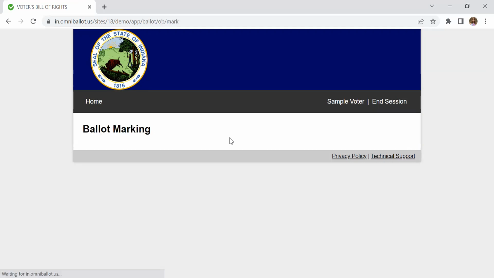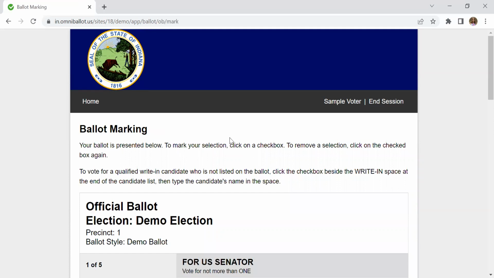Okay. Main region, ballot marking, heading level 1. All right, and here we have an official demo ballot. So just as before, you're going to have that helpful heading at the top that's announcing exactly what part of the process you're on, so there's no confusion. So in this case, it says ballot marking. Underneath that, and this goes for every part of the process and every page that you'll come across, you'll find that set of instructions associated with the particular page.